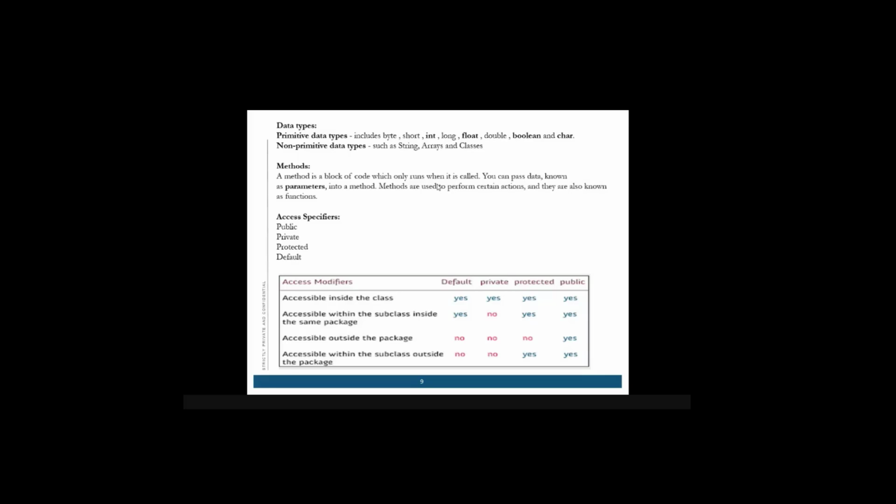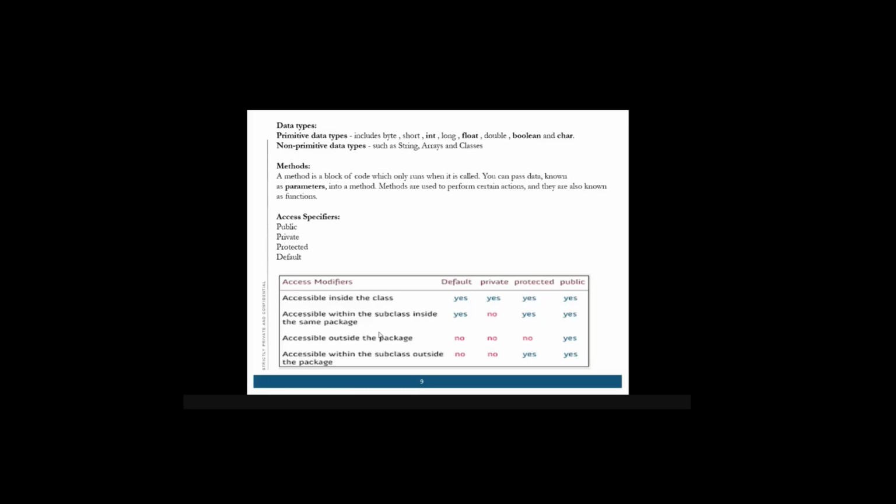We can see this in detail in this picture, with the access modifiers default, private, protected, and public. Accessible inside the class, so everyone is accessible inside the class. Accessible within the subclass inside the same package. So there is a package also. I will explain that later.